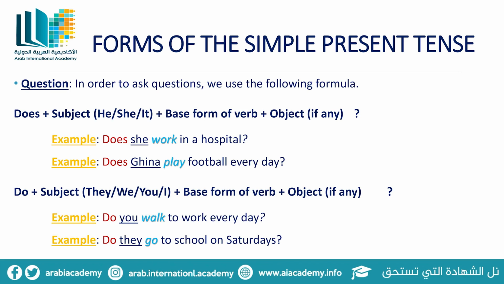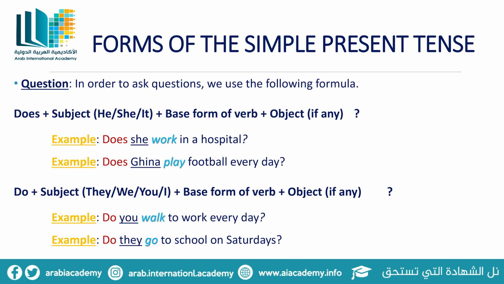Now, in order to use do, the subject should be either they, we, you, or I. So, in order to start a question with do, the subject should be they, we, you, or I, followed by the base form of the verb plus the object, if any. For example, do you walk to work every day? We started the question with do, followed by the subject, which is you, then the base form of the verb,